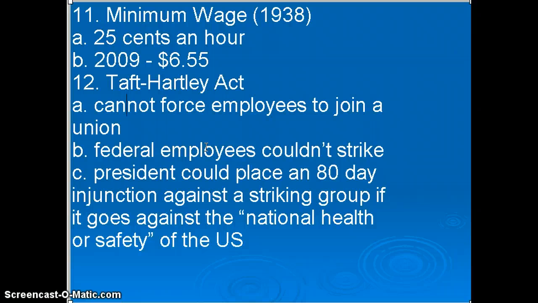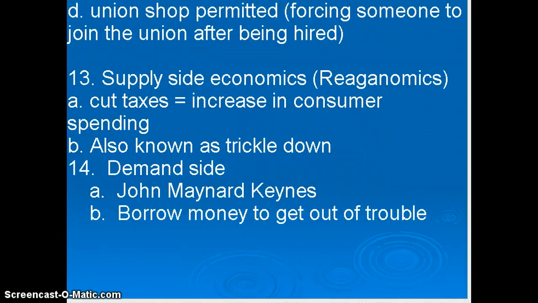Alright. The Taft-Hartley Act, and then let's go to the next slide, and then I'll come back and explain this idea. And basically, the other thing it did was deal with the union shop. A union shop is the same thing as a closed shop. A closed shop means that you have to join a union to get a job. So you can get hired, but then you're required to join a union.